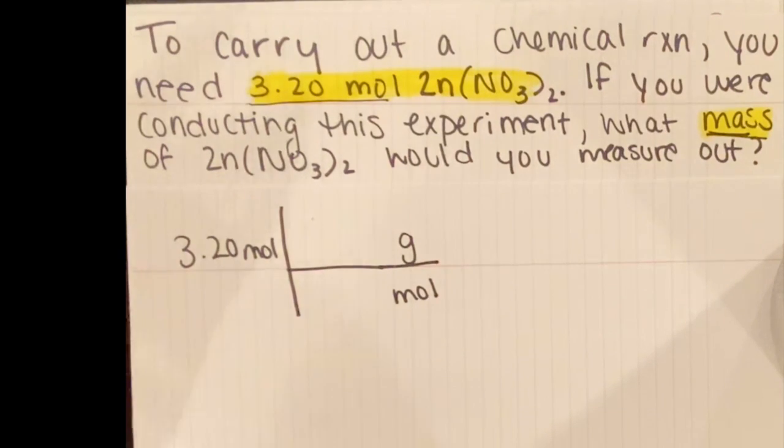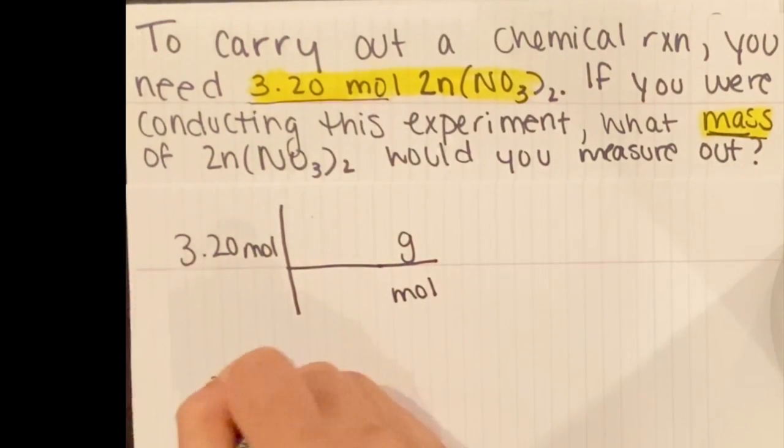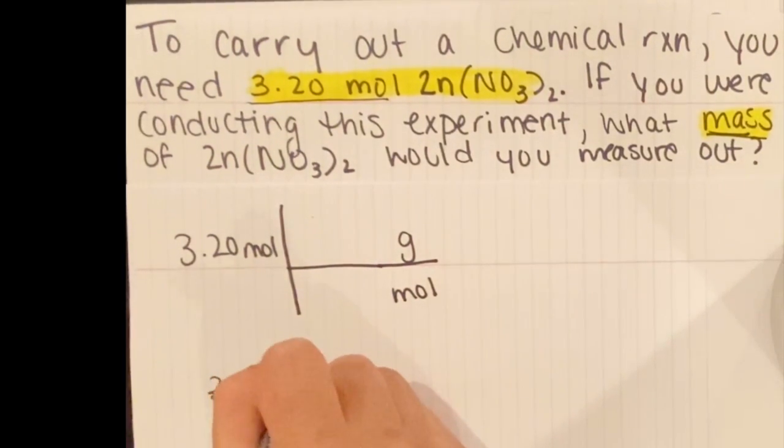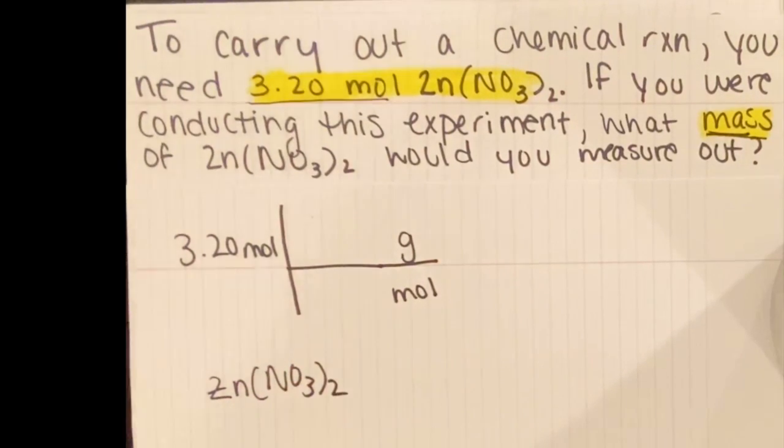Now, in order to figure out the conversion factor, you just need to figure out the molar mass of zinc nitrate. And we already learned how to do that. So if you don't remember, go back, look at your notes, or look at older videos. Don't forget to